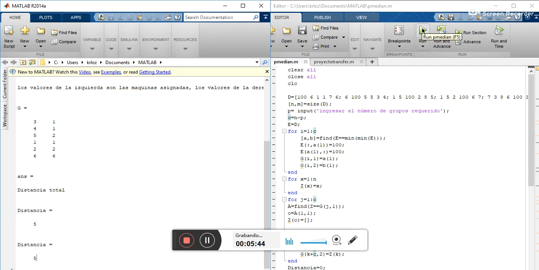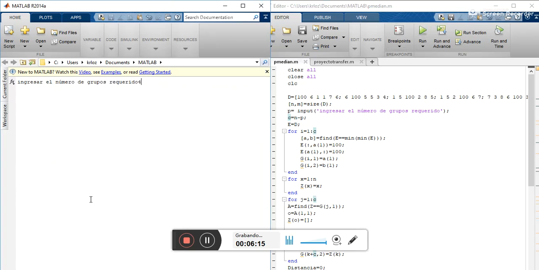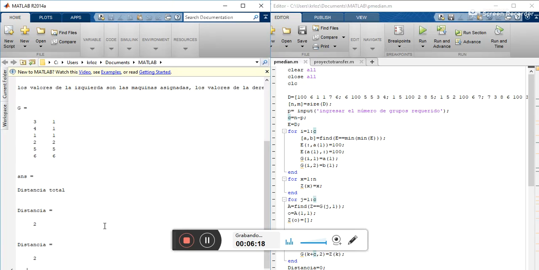We are going to run here. We have the groups, like machine 3 is assigned to machine 1, machine 4 to machine 1, machine 5 to machine 2, machine 1 to machine 1, machine 2 to machine 2, and this is the new group that was created because we asked for one more group, that is machine 6 to machine 6. So our seed points will be 1, 2, 1, 2, and 6. If we rerun the program and we get 4 groups, the distance is 2